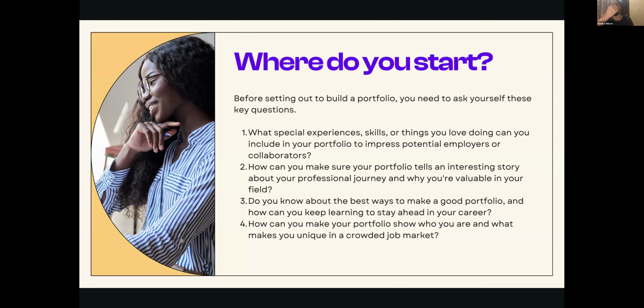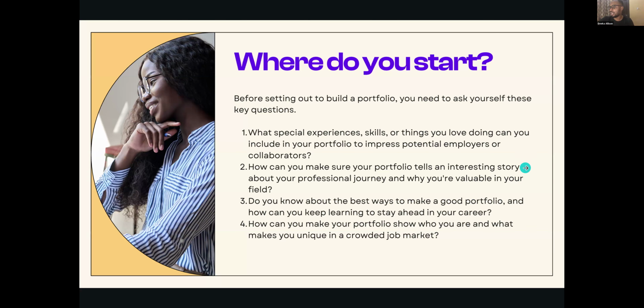When you're creating a portfolio, you're not just doing it because you want to show off your work. You're doing this portfolio because you want to show off yourself. And remember, you're trying to show what you're really good at, what you've been able to do. You want to show them that if you hire me, you're making the right choice. If you get me into this project, this is one of the best decisions you can make for your company and your organization. You need to make them feel that you're making the best decision. So you need to tell a good story.